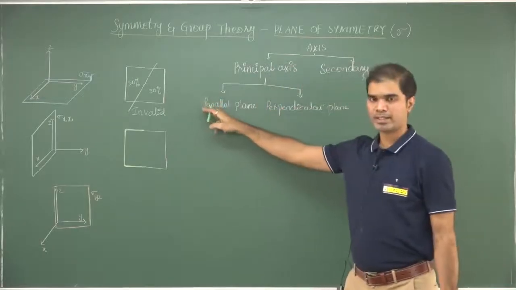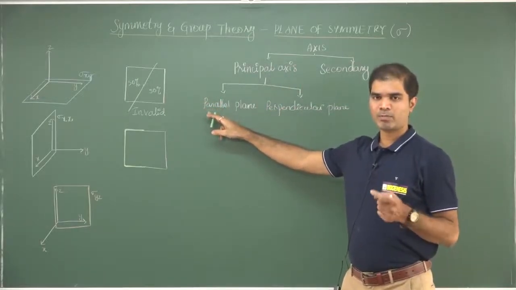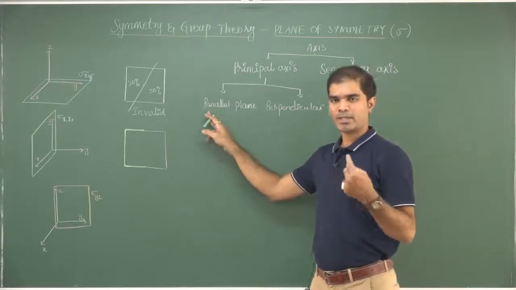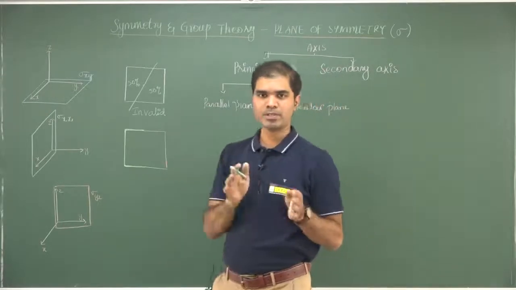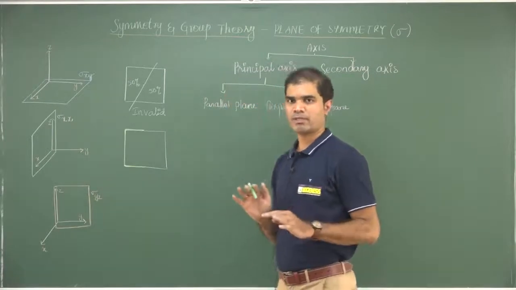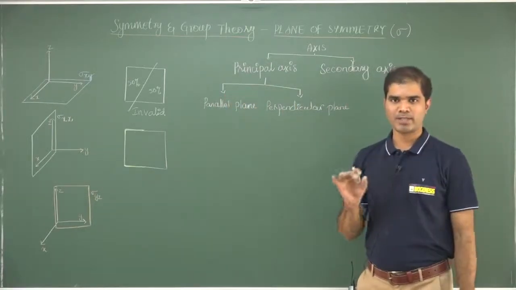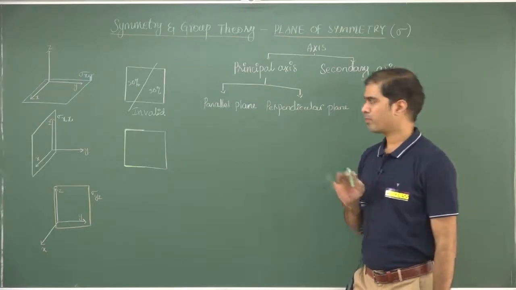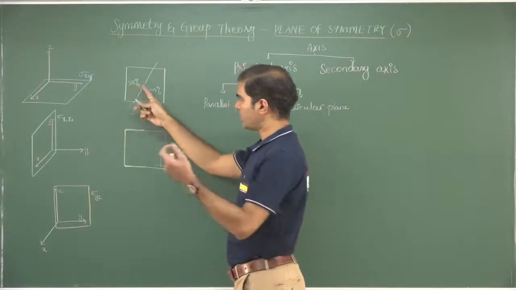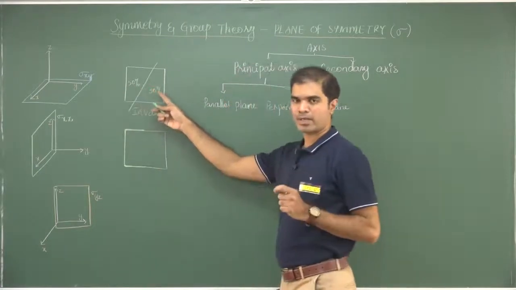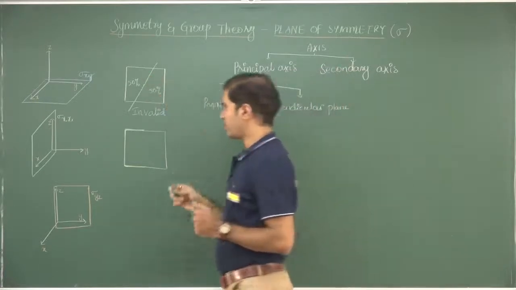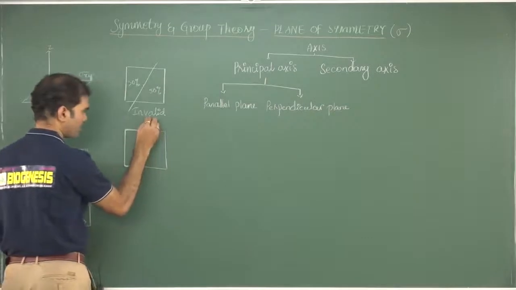That is invalid. So every symmetry element and operation must be a valid operation. When I am rotating a particular molecule, that particular rotation must bring the molecule into an indistinguishable configuration. Therefore the rotation must be a valid rotation. I just cannot choose any invalid rotation and say that there is so much of angle, 50 degree, 60 degree. I cannot. Only valid operations must be considered. So this is invalid, though it is giving you equal halves. 50%, 50% is equal half. But those halves must be mirror images of one another. Then this statement will become true. Supposing that I am passing a plane.